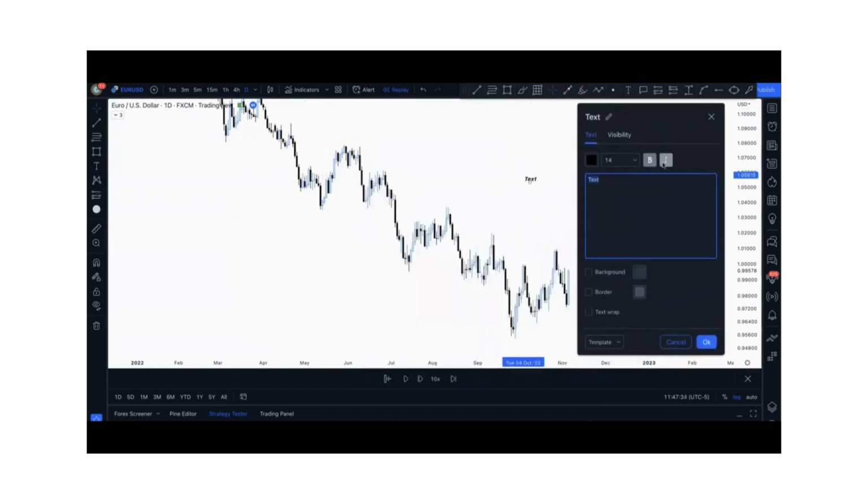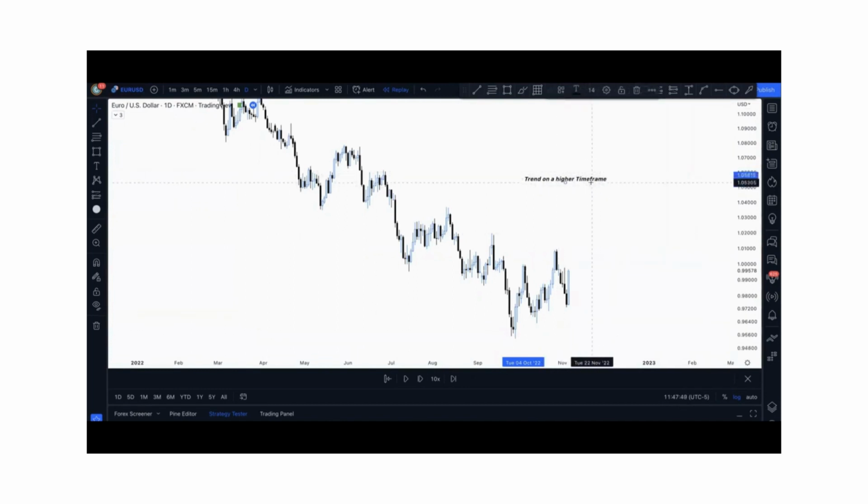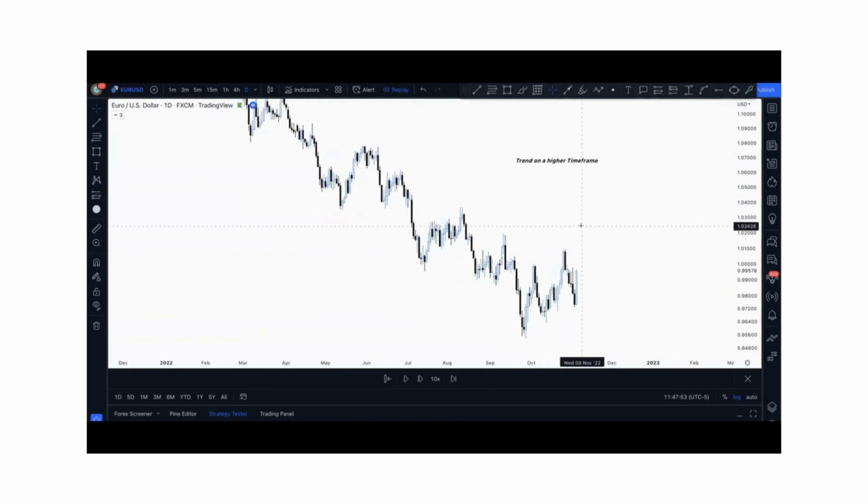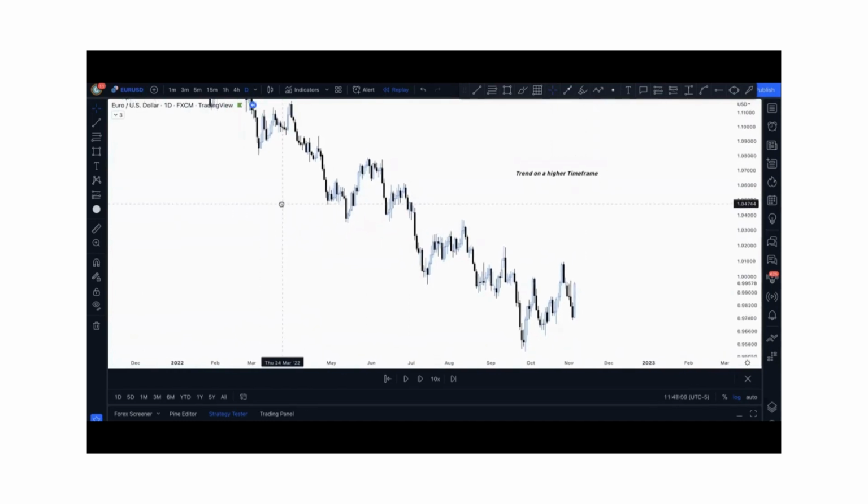the trend of the market on a higher time frame. Usually, what I mean by a higher time frame is days, weeks, or months. But now, we're using the daily as our higher time frame. On a higher time frame, you will see a clearer picture of the market structure, like the